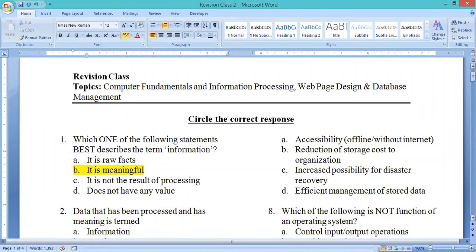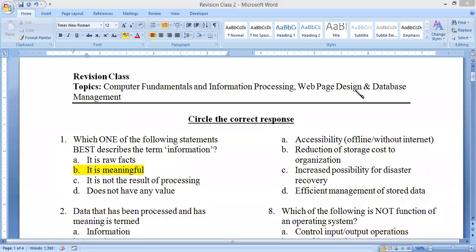The first thing that we would have learned when we were doing information processing is the difference between information and data and what information processing is all about. So can anybody tell me what is data? Miss, it is raw fact. All right, very good. So data is raw facts and figures, right? It's unprocessed. While information is processed, it's meaningful, it makes sense.